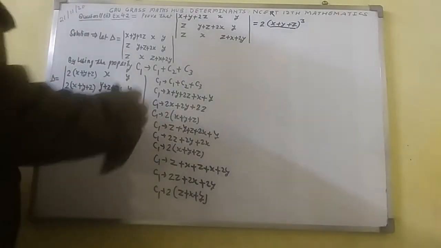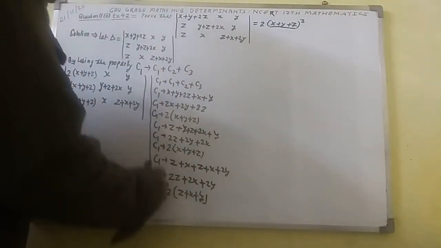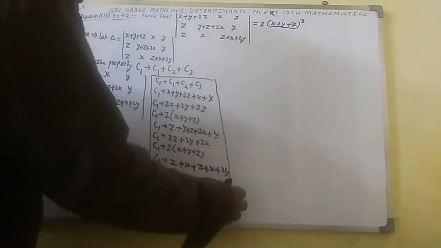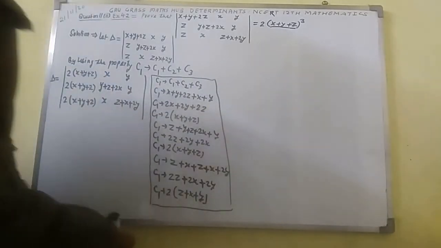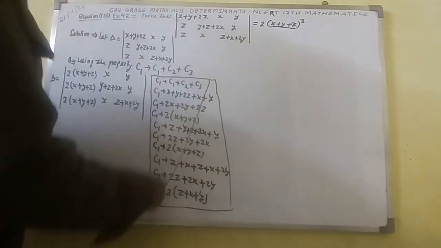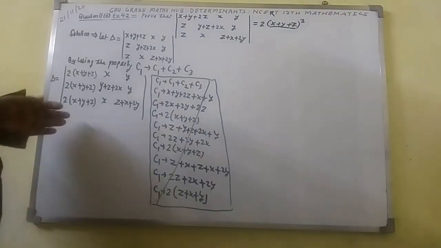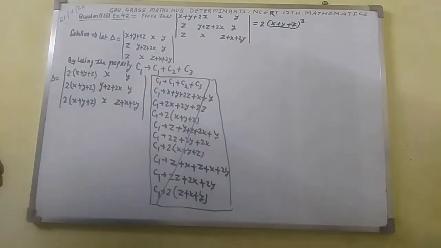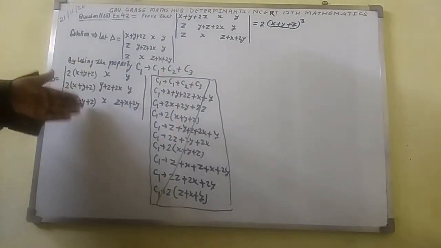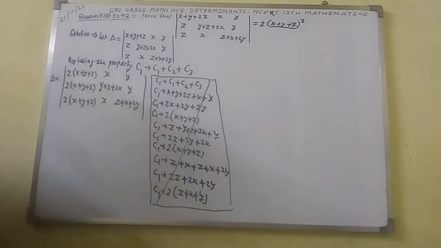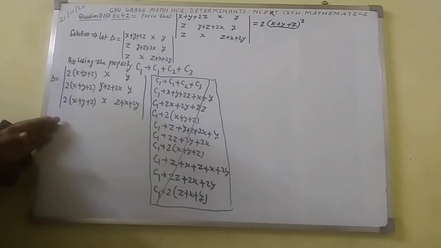By using all these properties, this is the rough work, which I am going to enclose in the box here. You can do this job in rough work also, and after doing that, trace a line here like this. So by using this property C1 goes to C1 plus C2 plus C3, I have got the new form of the determinant here. Now here you can see in this determinant the elements of first column are the same.